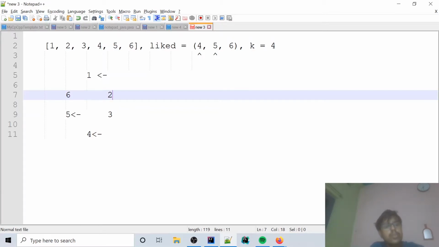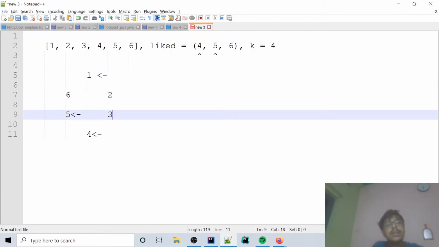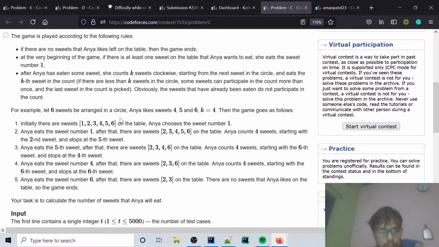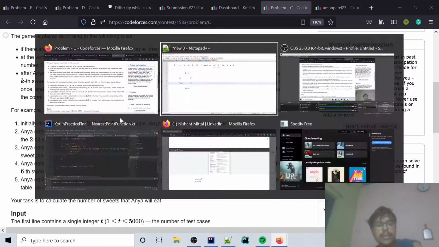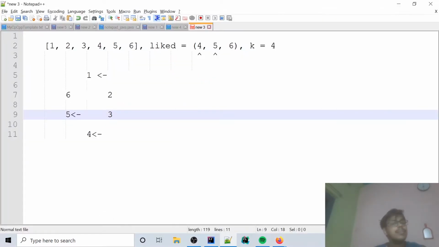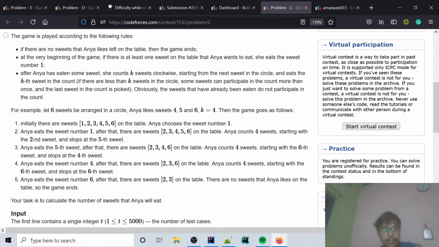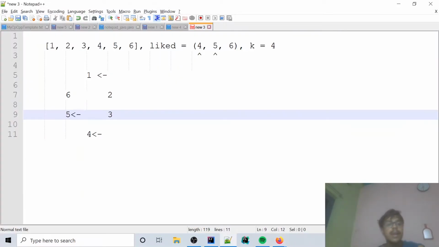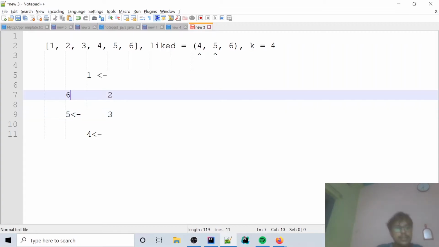1 2 3. One minute, I'm thinking is something wrong in here. Okay, so basically the first time she eats the first sweet. And after that she counts k equals to 4 from 2. So 2 1 2 3 4. So after that she eats the fifth one. So as it has been shown in here, and after that she counts from the